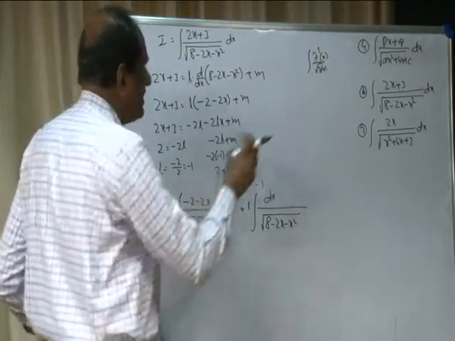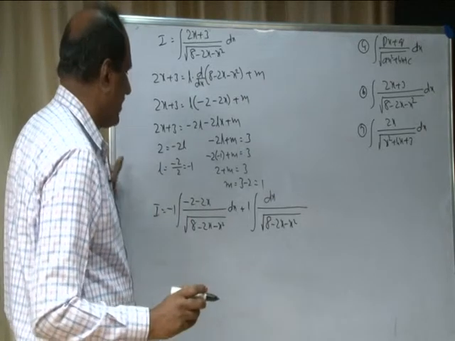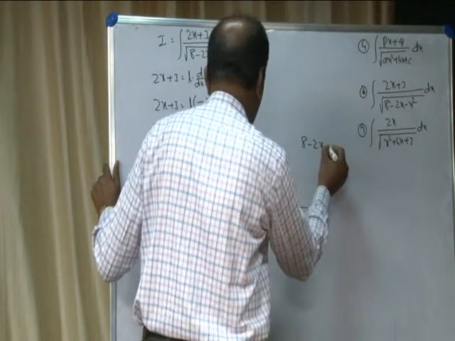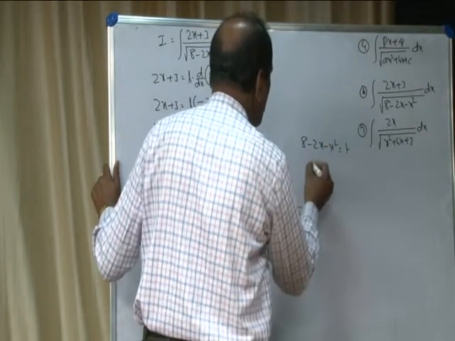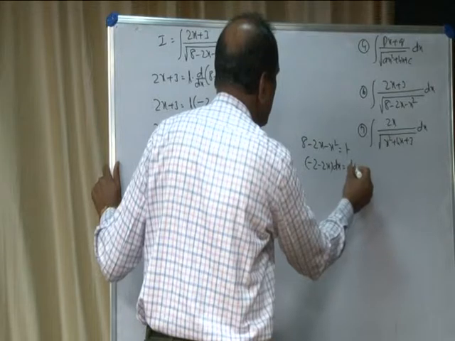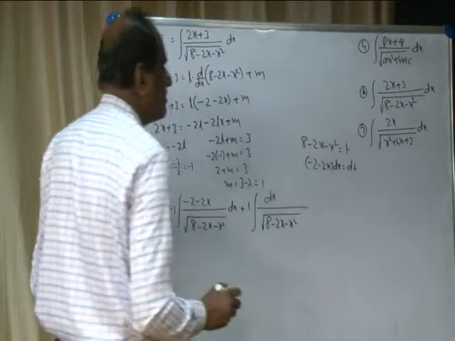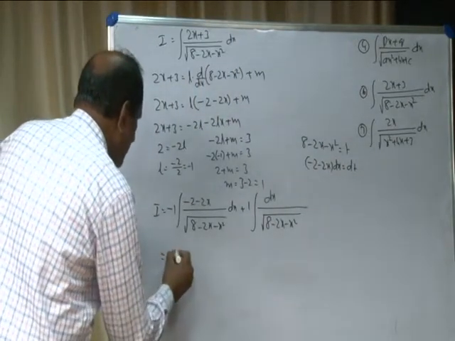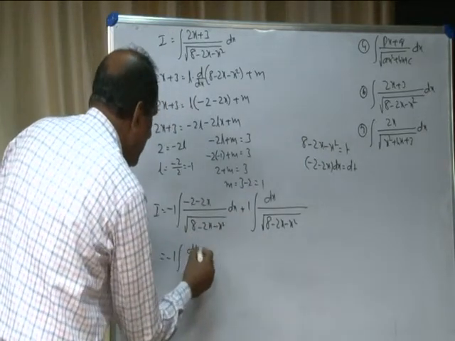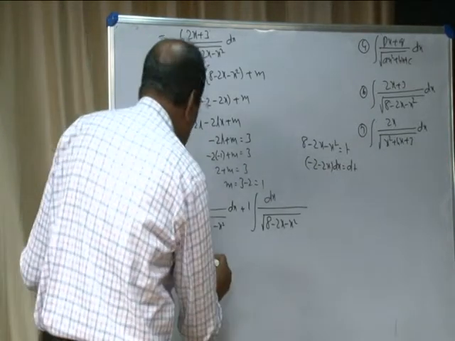So for the value of this integral, put 8 minus 2x minus x square is equal to t. Differentiation of this is minus 2 minus 2x, this is dt by dx, transfer dx to this side. That becomes minus 1 into minus 2 minus 2x dx is dt divided by root t. So plus 1 into